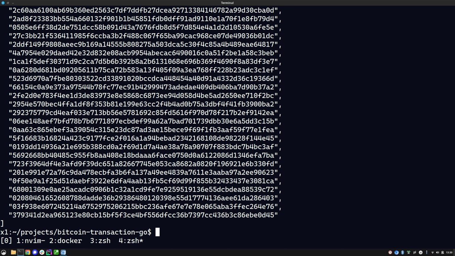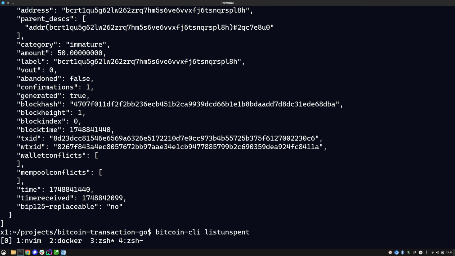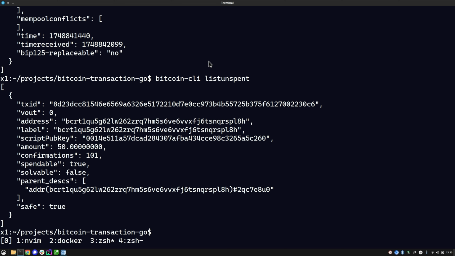And this was instantaneous. And now if we try bitcoin-cli listunspent, we can see that we now have 50 Bitcoin in our wallet, and that this block has 101 confirmations and it's spendable. So at this point we can finally try and